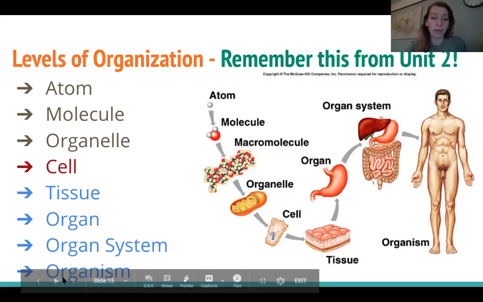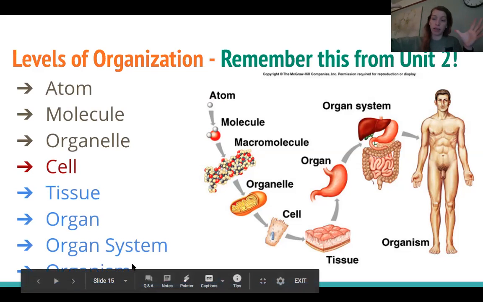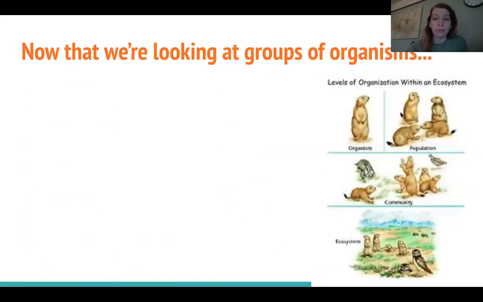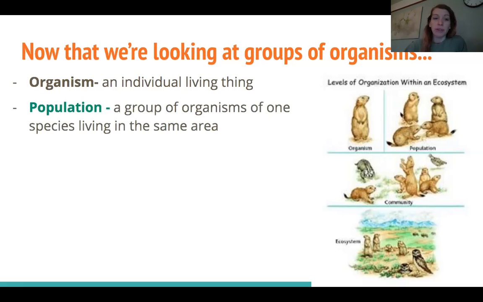So we're gonna go from organism and build up to an even bigger level of organization until we get to the entire planet, the biosphere. So we left off at organism. That's one single living thing, an individual, we also call it sometimes. When you have a bunch of organisms that all are the same species living in a same area, that is what we call a population. Now we've used that word a few times, so I think that one will be easy to remember. But the most important thing when you're thinking about populations is that a population is only one species.